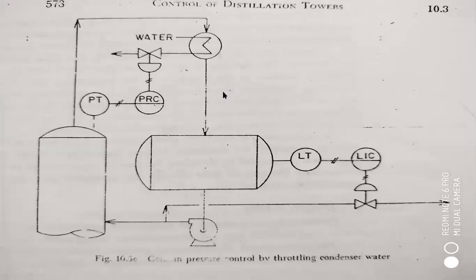So this is another very minute control of a condenser where you have a receiver, because this water you are controlling basically by sensing the pressure transmitter, and then with the pressure regulating controller, you are controlling the flow rate of water basically coming through the cooler. Okay, and this water may be coming from the cooling towers, and that's how you are getting the condensed vapor. So this is again, you are maintaining the level through a level transmitter. You have a level indicator controller, which is controlling the valve, which is sending through this pump. Okay, this is a typical throttling of the condenser water.